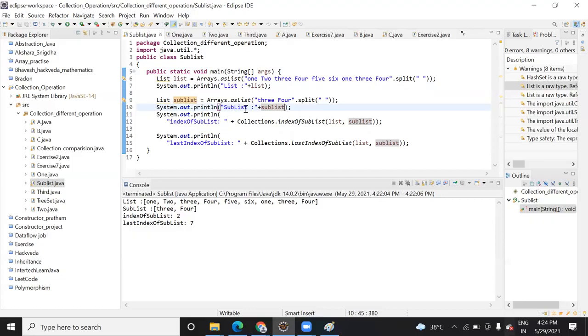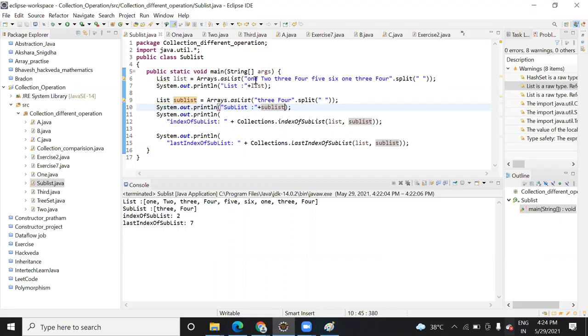Like you are splitting on the basis of space, I want to split it on the basis of one word, like, then, or one. You can take it like O-N-E, separated by a comma.